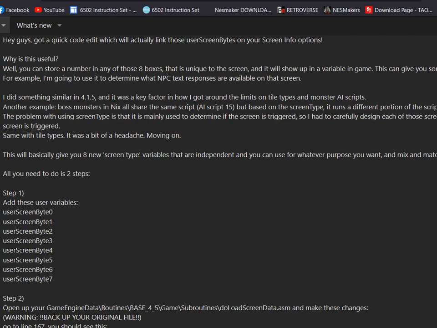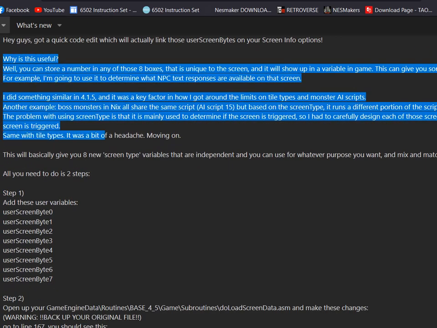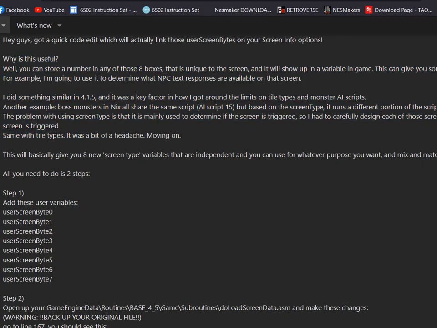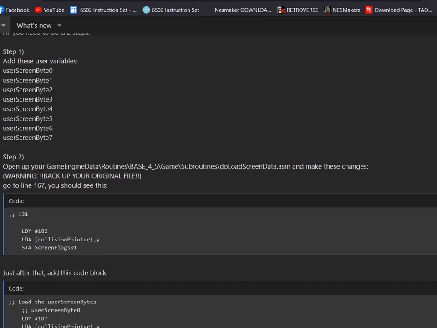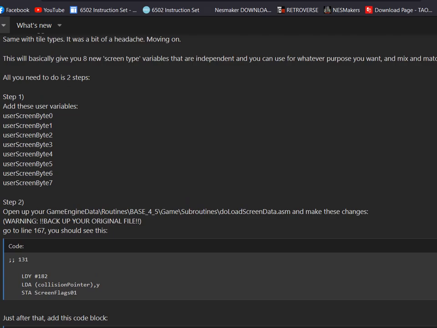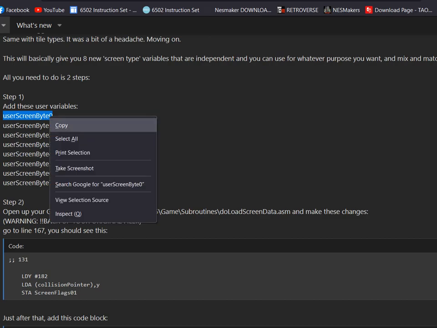Okay, if you follow this link, it'll take you here. It explains why user screen bytes are useful. It shows you how it can give you up to 8 new screen type variables that you can use on your screens. All you need to do is follow a couple of steps. Add those variables, or you can add user screen byte 0